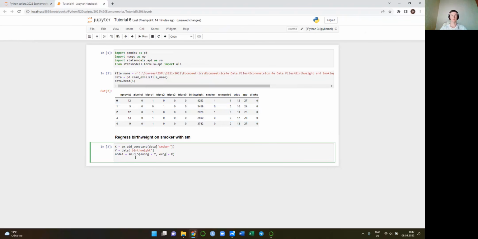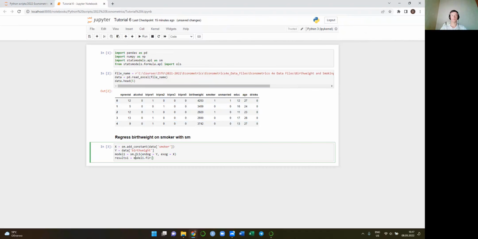So for example, we give it the name model1. Now model1 is a complex object, and we can extract from this object several useful things that we want. In the next step, we extract the results. Let's call this results1, and this is going to be model1